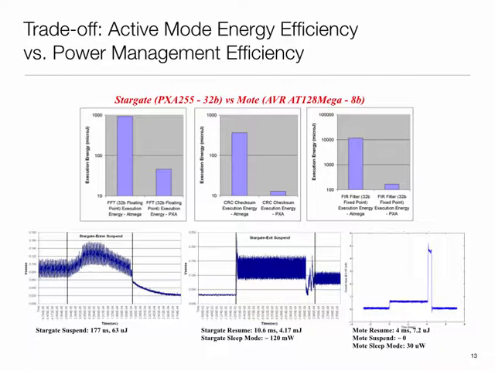Now, bigger, complicated things take more time to wake up because they have more state, whereas lighter weight stuff can go more rapidly in and out of this thing. Again, this data is old, so don't go by the absolute numbers. If I were to look at numbers for now, current stuff, it's the same story. Simple stuff tends to be less efficient in active mode, but more efficient for power management because it can rapidly wake up and go to sleep, and it consumes much less while it is asleep.